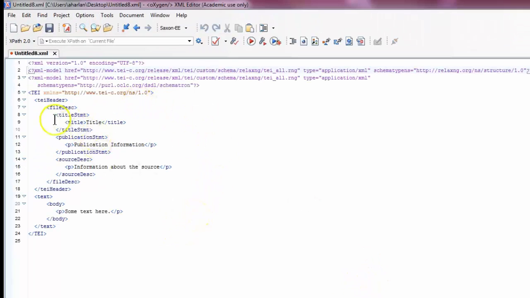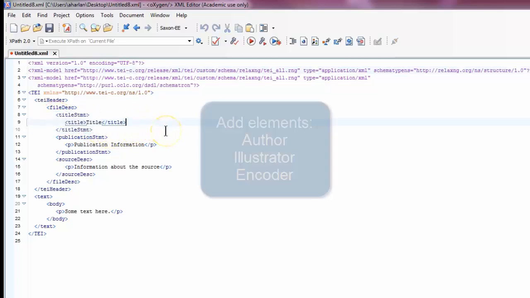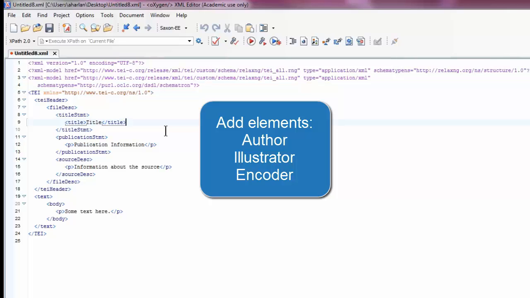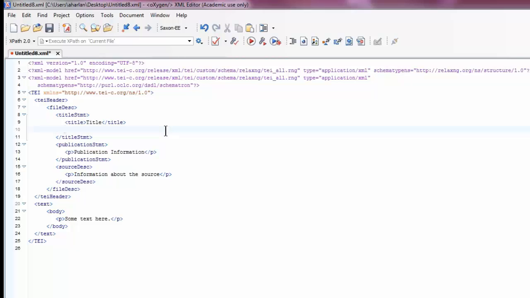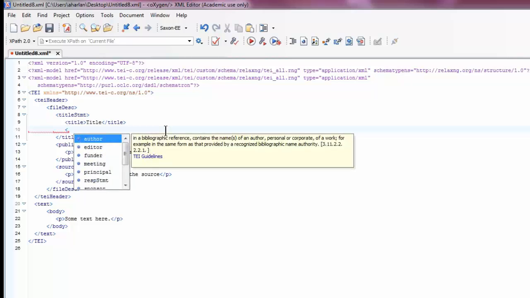We are only going to focus on the title statement here, and since we already have a title element, we need to add the author, illustrator, and encoder elements below. So go ahead and hit Enter and put in a greater than symbol. You'll see a pop-up menu. One way to navigate this menu is to double-click the element that you want, and in this case we want